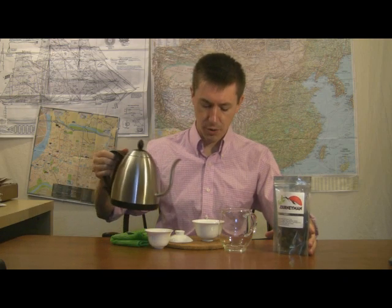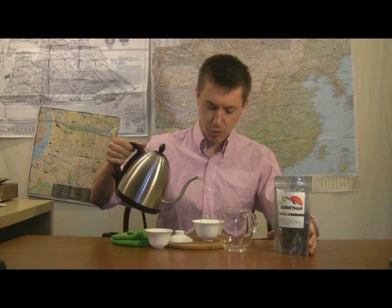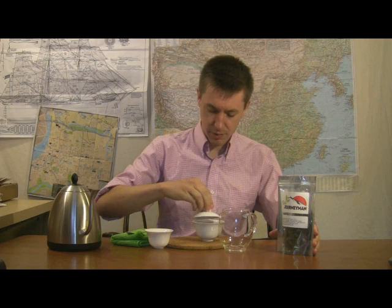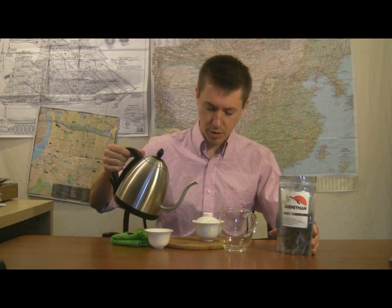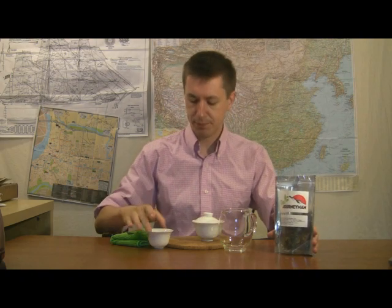Water's been brought to an early boil. And I put in a little bit of extra leaf because this is a fairly bulky looking leaf. But I wanted to make sure that it would cover the bottom inch to inch and a half diameter of my gaiwan, yet be thorough enough. I could have done that easily with just a couple of leaves, but I knew I needed a little bit more leaf for this tea. I have a little bit of water just above the rim of my lid, so that looks good. I can now get my kettle out of the way and let that steep for just a moment